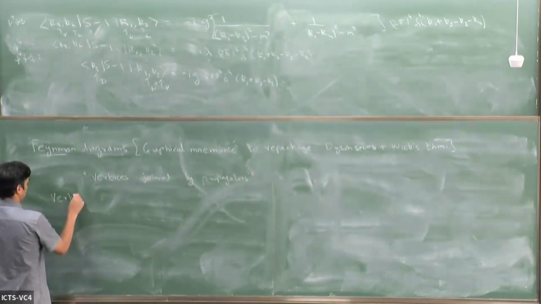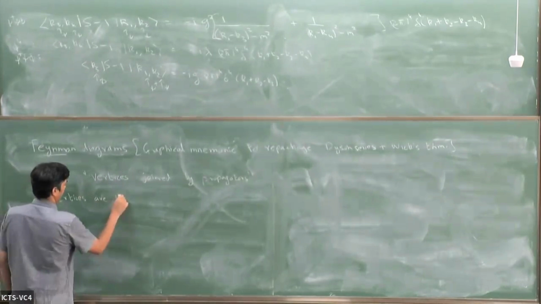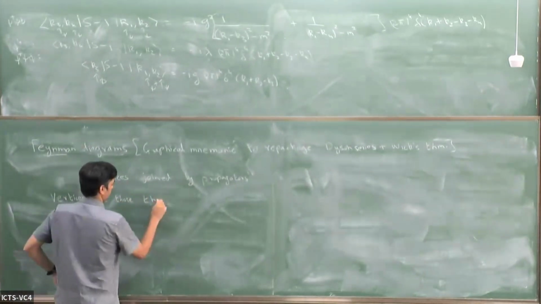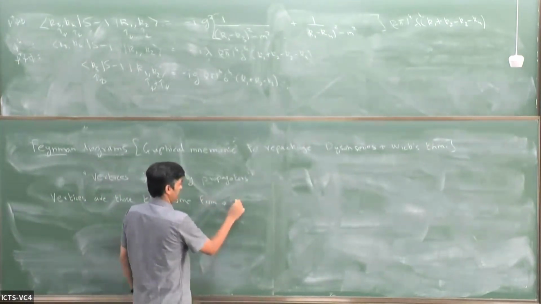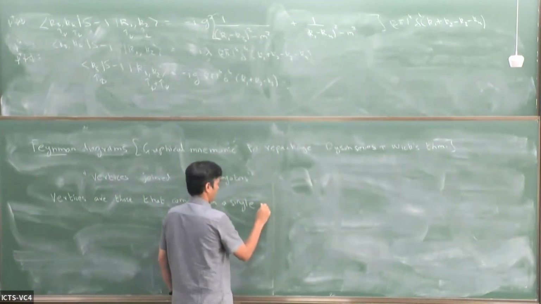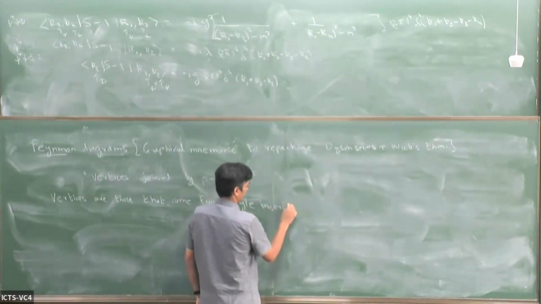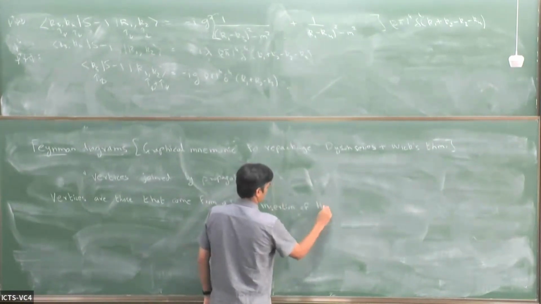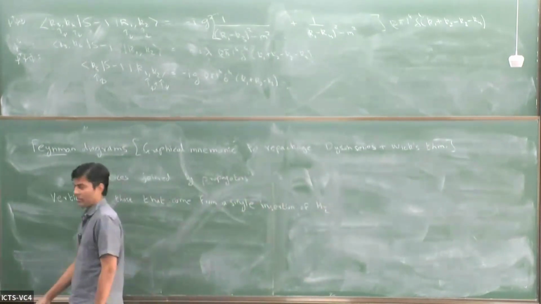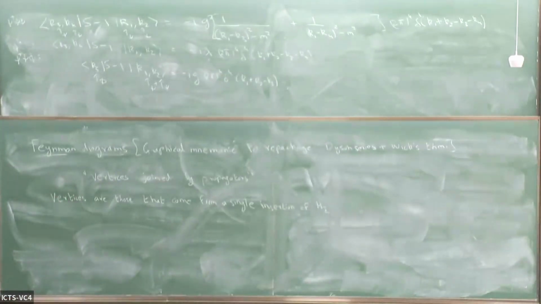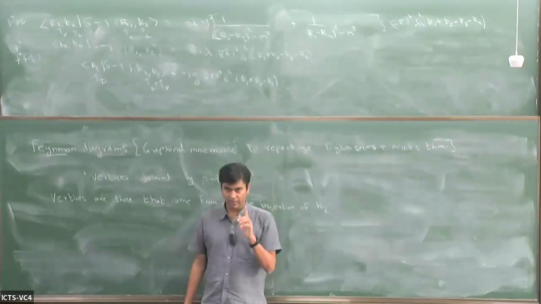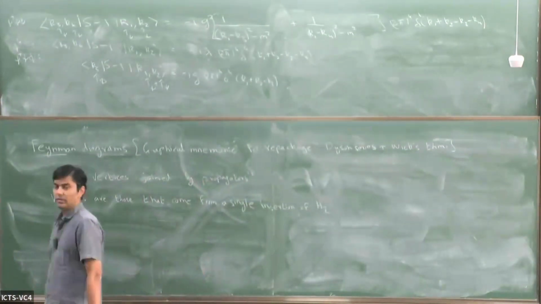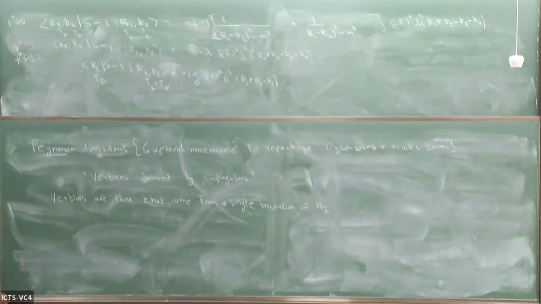Vertices are those that come from a single insertion of H_I. This is the general rule. There could be many kinds of vertices, and you might have thought, given a theory, how do we know what the vertices are? The simple rule is that vertices are those where you look at one insertion of H_I, and that gives you already the vertices. So in the phi to the 4 theory,